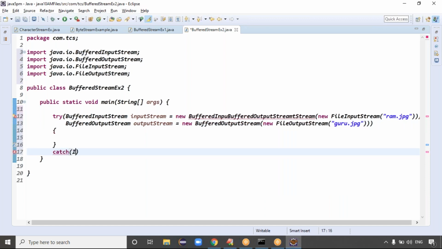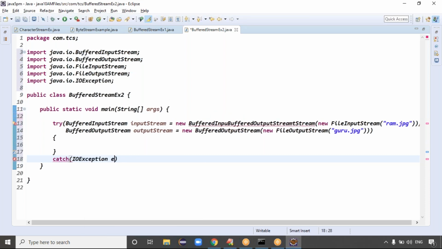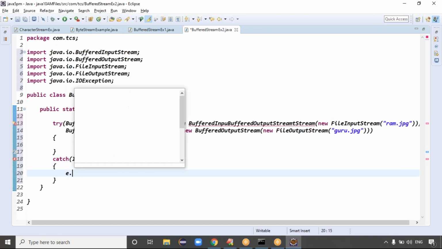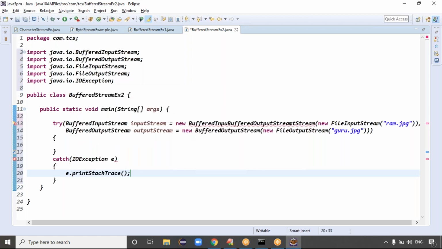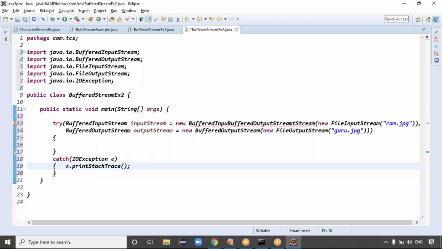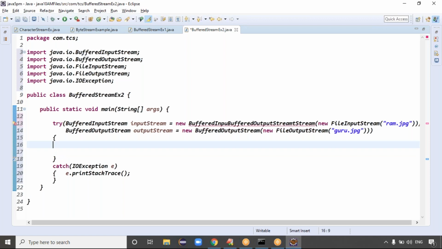Then you can take the catch block here. It's throwing an exception, the parent exception IOException. So you can take IOException e, then write e.printStackTrace(). It's fine, guys. Then I think the first step is completed, and the last step is also completed because when you declare the resource using the try block,